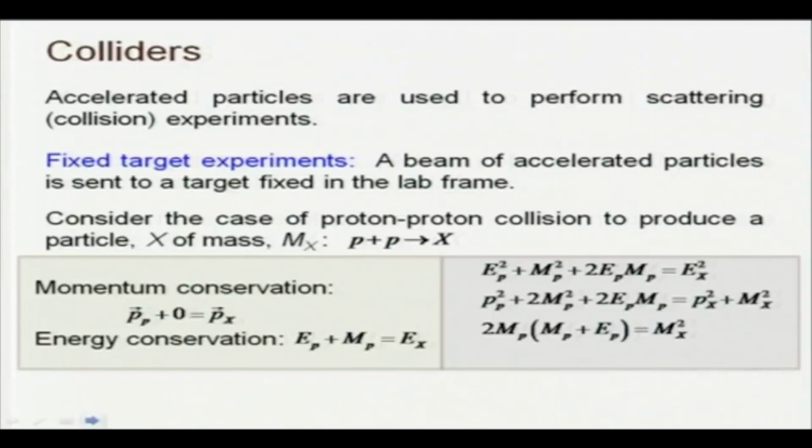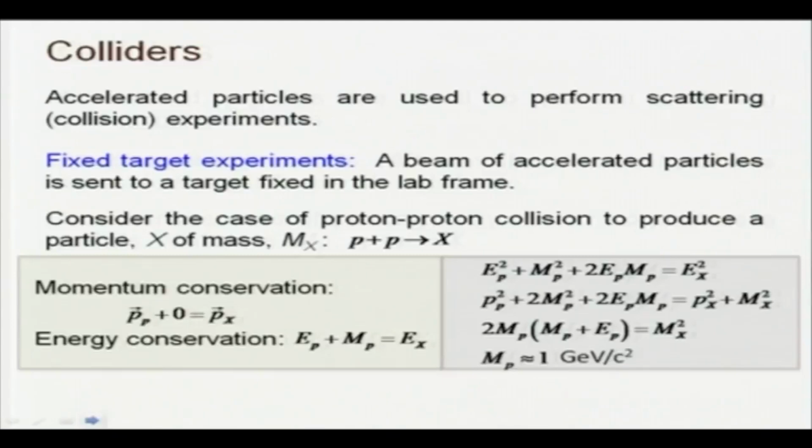Wherever there is an m in the energy relation, we will put a c square along with that. Wherever there is a p, we will put a c along with that. That is all that needs to be done. So, assuming that we have the equation in this fashion, and because of the momentum conservation, Pp square is equal to Px square, coming on the left hand side and the right hand side respectively, which can be cancelled. And then you have the rest of it: 2 Mp times (Mp plus Ep) equal to Mx